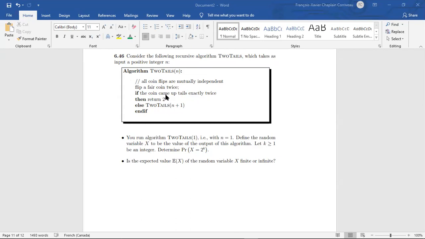Or sorry, that's not a k, that's an n. So here, if x is equal to 2^k, it means this k is the number of rounds we had to do. And when you think about that, then that becomes a very easy question to deal with. So here,